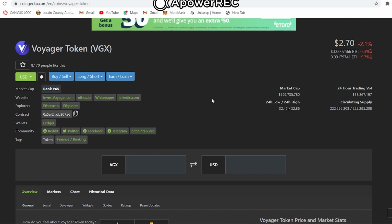As of now, Voyager has 75 to 80,000 funded accounts, but a lot of people open accounts and are a little bit scared to actually buy anything in them. So 75 to 80,000 funded accounts is a pretty decent amount. They do have a goal of 1 million funded accounts by 2025. Honestly, if this bull run does anything like I think it's going to do, I think they might hit that this year, which will cause the Voyager token to rise in price,